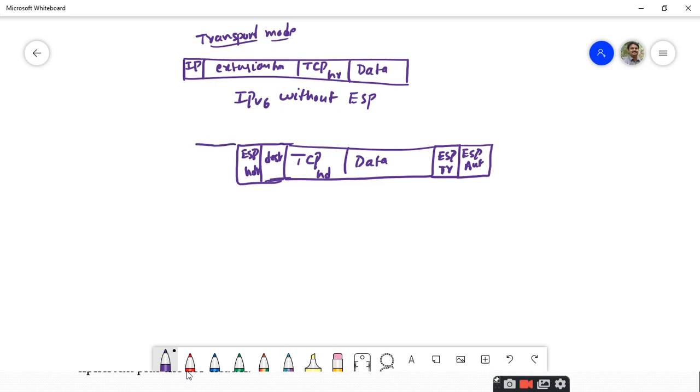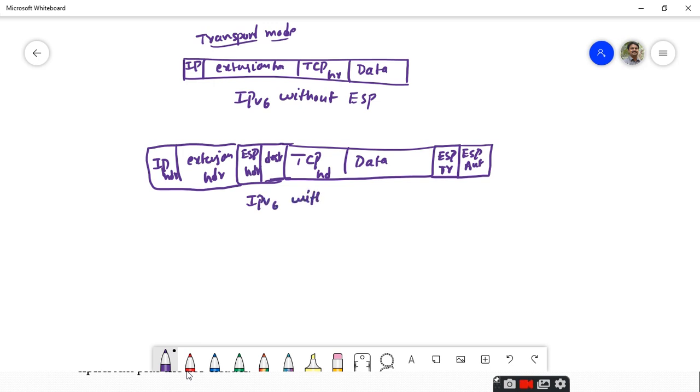And you have to add the IP header and the extension header, that is it, nothing more than. This is the IP header and this is the extension header. This is